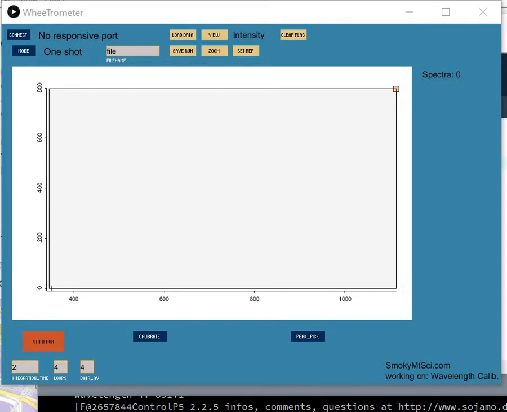Hi folks, Jack from Smoky Mountain Scientific here, and today I want to talk about a feature that we have in our software for our spectrometer, the WheeTrometer, and specifically I want to talk about calibrating the wavelengths for the